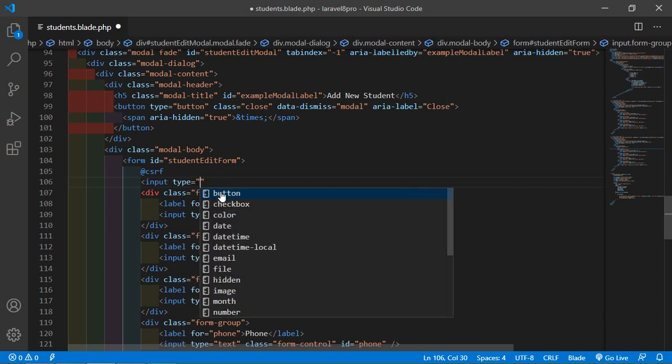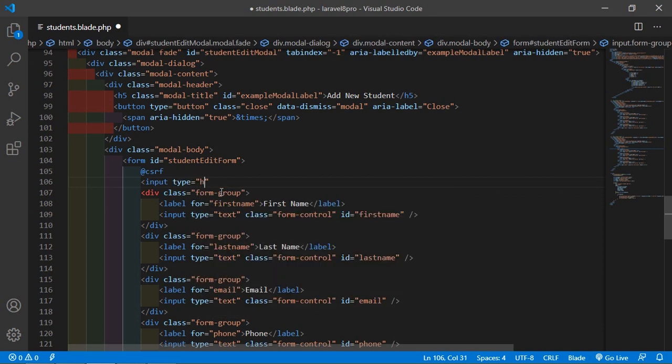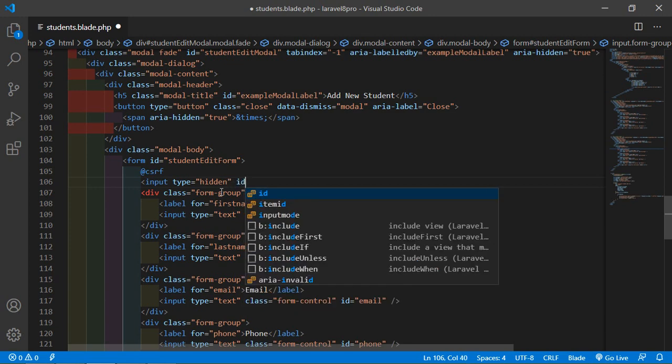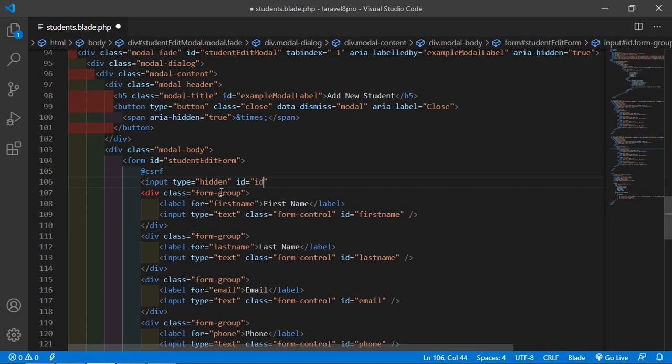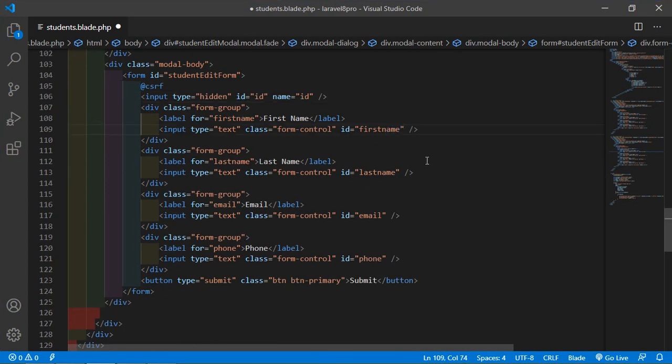Let's add an input field, a hidden input field. Input type is equal to hidden, and just add here id and name is also id. Okay, now here just change the ids: first name 2, last name 2, email 2, and phone 2. Okay,